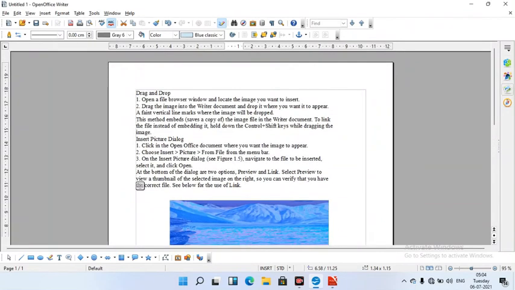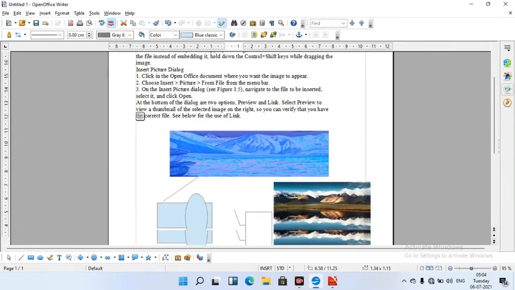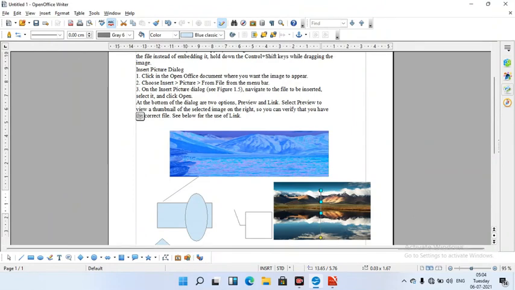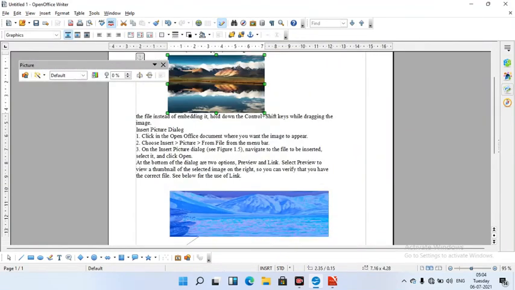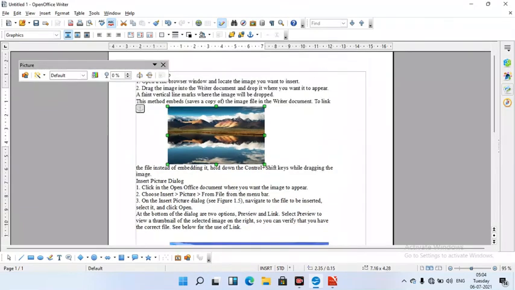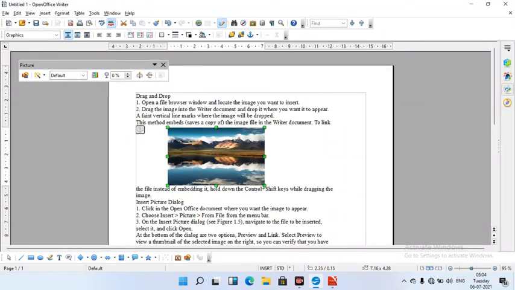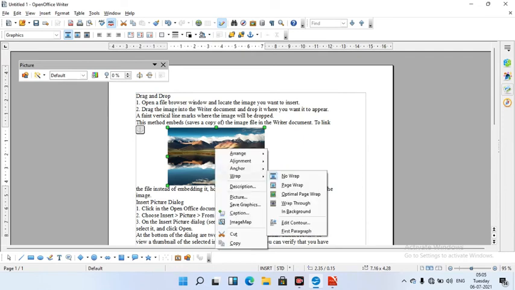And if you want to place this image on text, the text will be on the upper side and the image will be in the middle of the text. Then we will select wrap, page wrap.